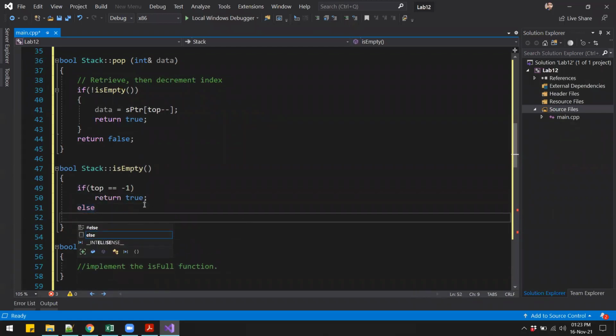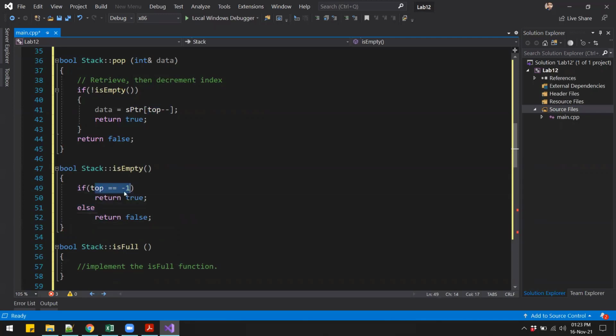Otherwise, we return false. So if the top is -1, then the stack is empty, so we return true. Otherwise, if the value of top is something else, 0, 1, 2 or some other number, then that means there is some data in this stack, so we return false. So that was the isEmpty function.